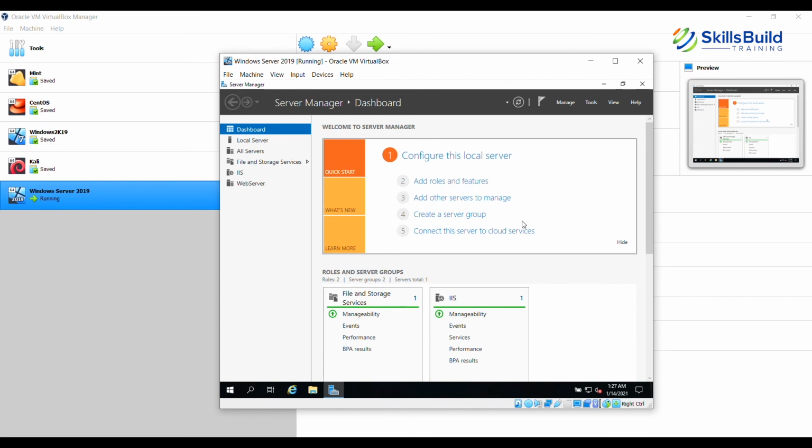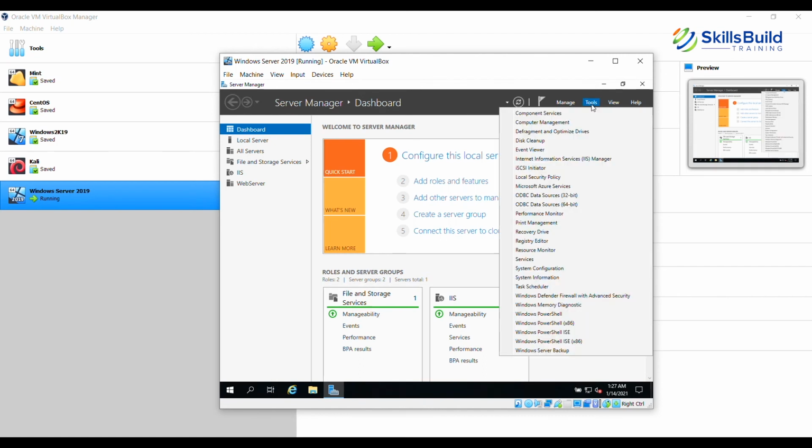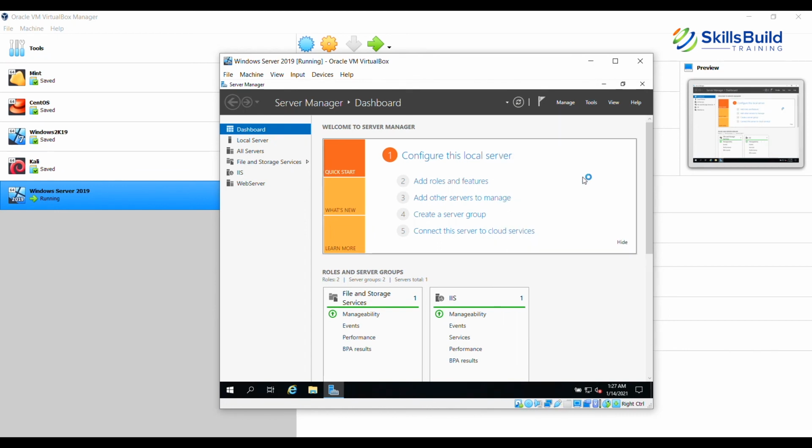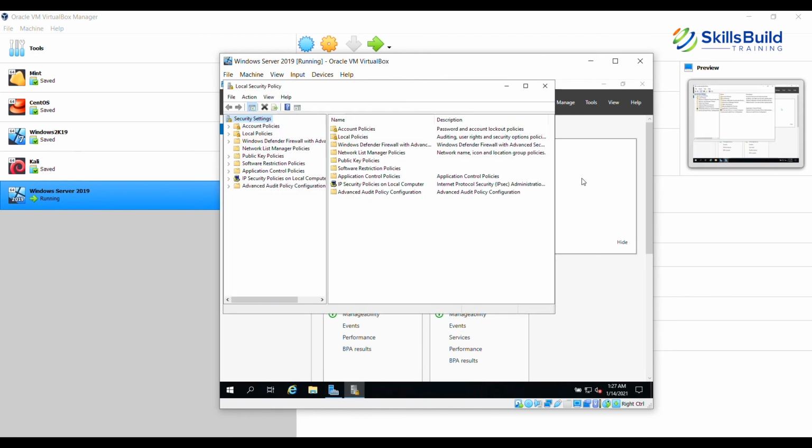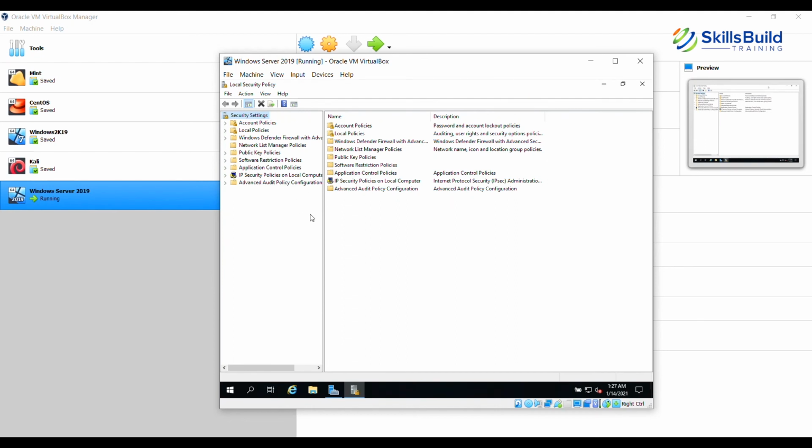So now in the Tools menu, we have something called Local Security Policy. So let's click on this, and then we will go ahead and use the local security policy. Now these are a bunch of policies that are given in the local environment of a system.